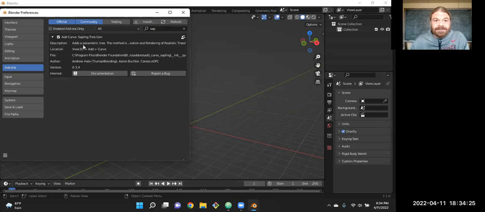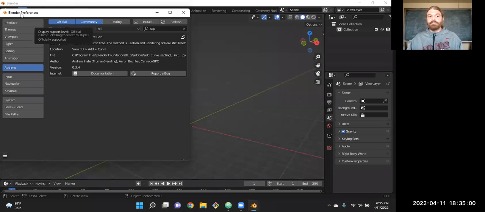If we expand it, we'll see the description. Adds a parametric tree. So it basically creates an Add Tree button. And there are lots and lots of these, and people building more of them. So when things are generalized, or in the case of trees, we're going to want trees a lot, right? Most of our game environments, a tree is going to be in the background, and we don't want to spend a ton of time drawing every single one of those trees. It'd be nice if we could just generate it and adjust some parameters to make them all look unique. So that's what this one does.